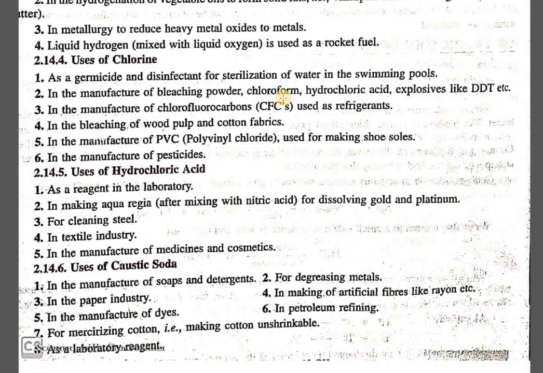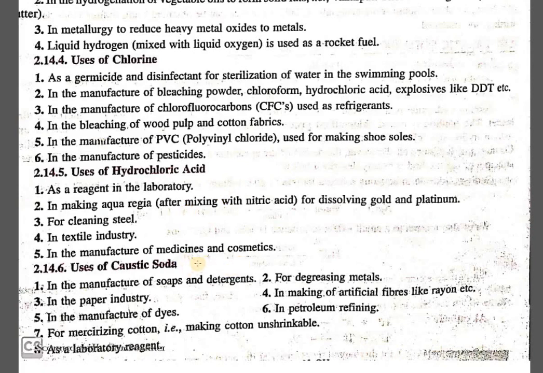Now whenever we have to get our gold jewelry polished, it is not a common solution which we can use for polishing. It is the aqua regia solution, which is actually a 3:1 ratio of hydrochloric acid and nitric acid. So it is 3 parts of hydrochloric acid and 1 part of nitric acid. That solution of hydrochloric acid and nitric acid in 3:1 ratio is called the aqua regia solution. We can also use hydrochloric acid for cleaning steel, in textile industries, and in the manufacture of medicines and